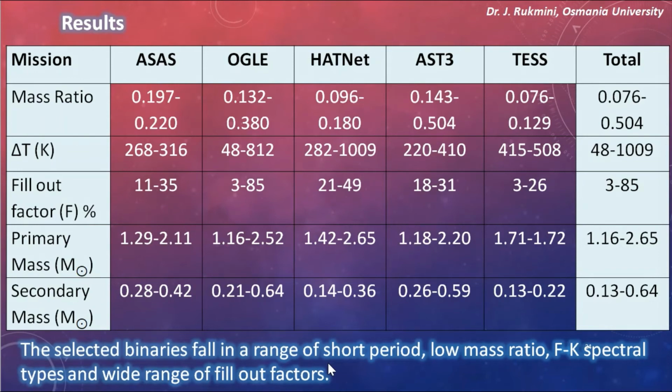The selected binaries fell in the range of very short periods, low mass ratios, F2K spectral types, with some having lower degree of contact called marginal contact or contact systems, and some showing higher degree of contact called over contact or deep contact